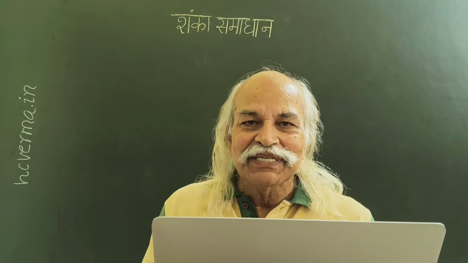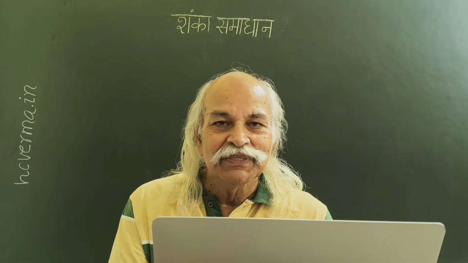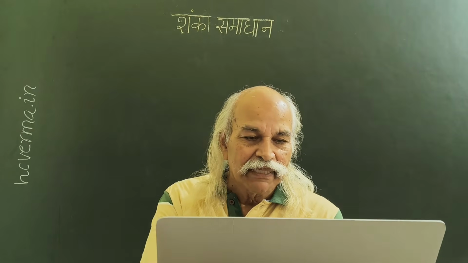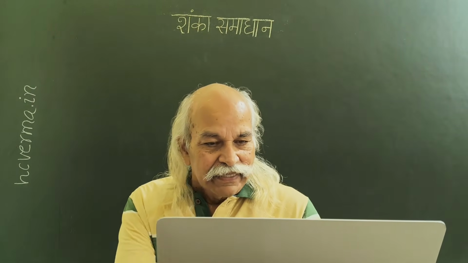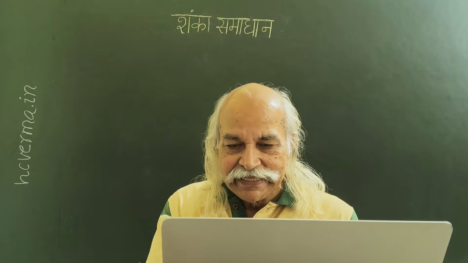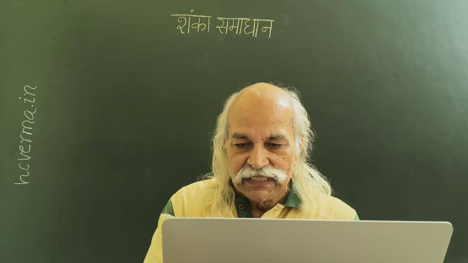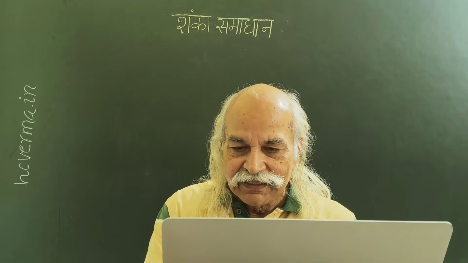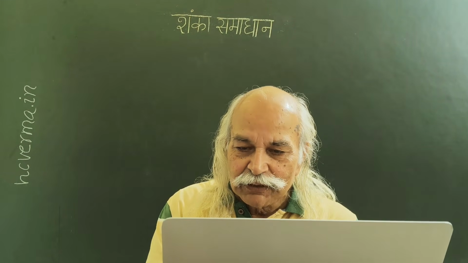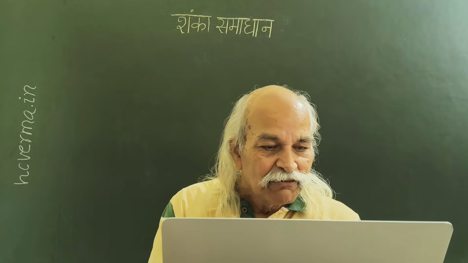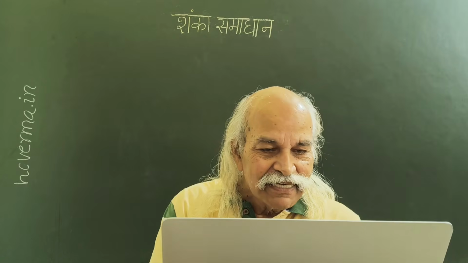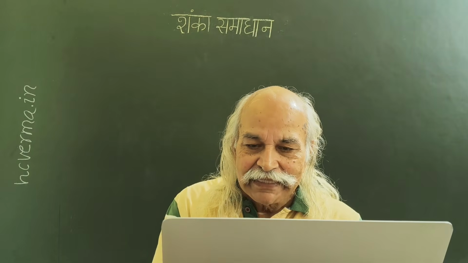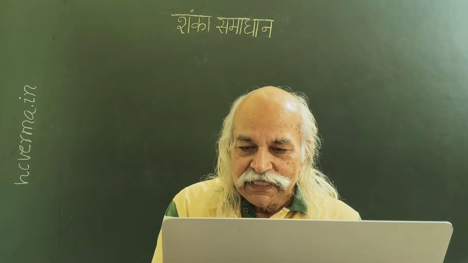In today's Shanka Samadhan episode, I have a question from student Somnadik Bera from West Bengal. What he is writing is, when a car is braked, that means brakes are applied, its velocity decreases, meaning the acceleration also keeps decreasing. When the object finally comes to rest, both its velocity and acceleration become zero. So how can acceleration be in the direction opposite to the velocity?